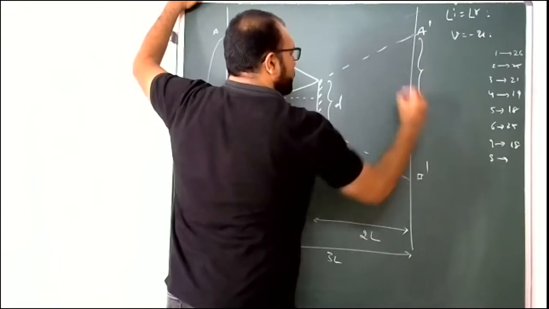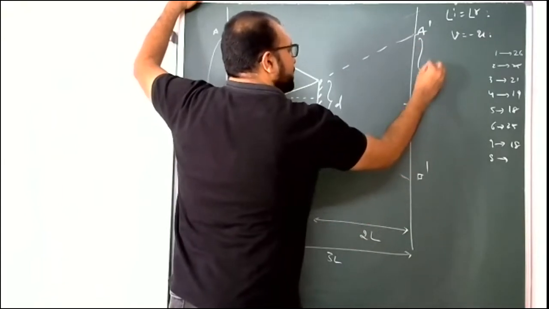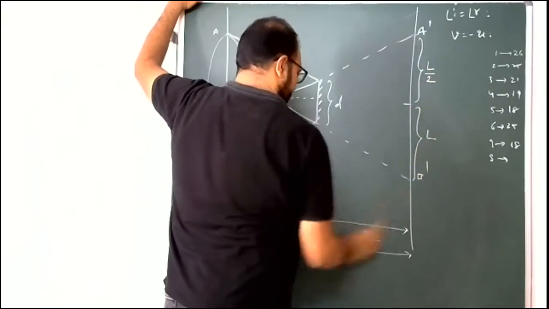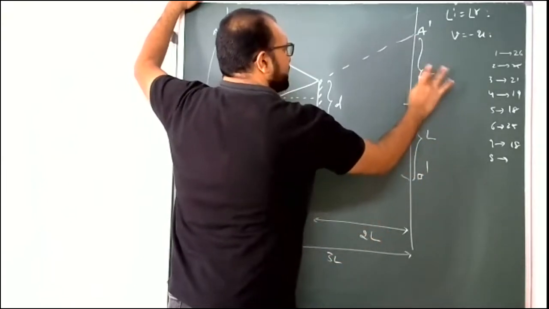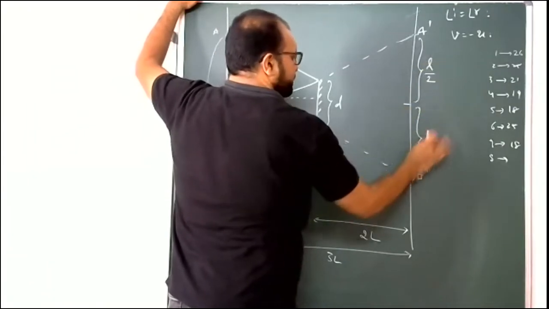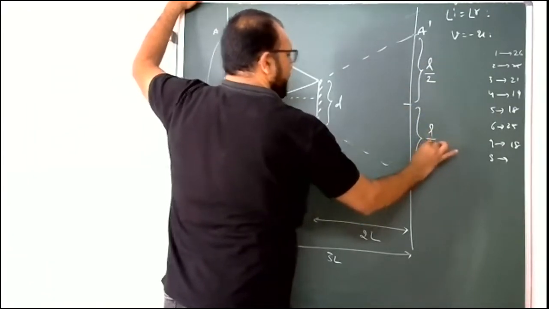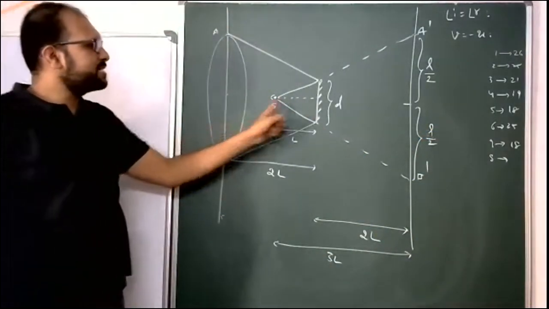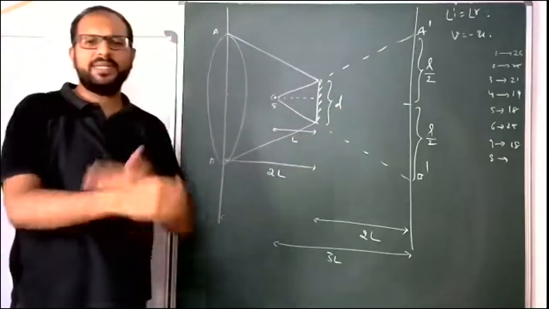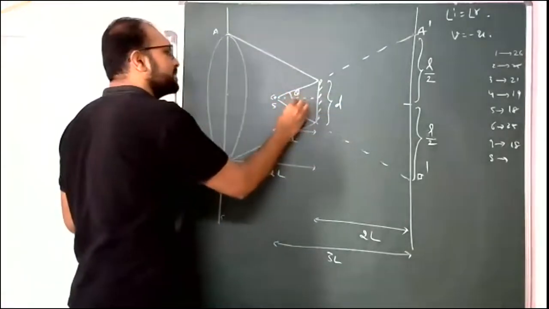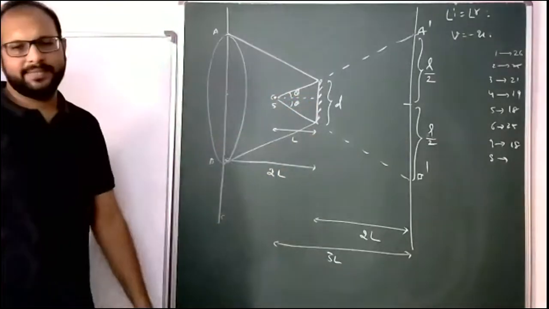Here to here, L by 2, here to here, L, already given, right? Okay, now I am taking small L, small L by 2. I have taken this symmetrically. Suppose not symmetric, no problem. L1 plus L2 is your answer. Okay, students, this is theta. This is also theta, I am taking because of symmetry.